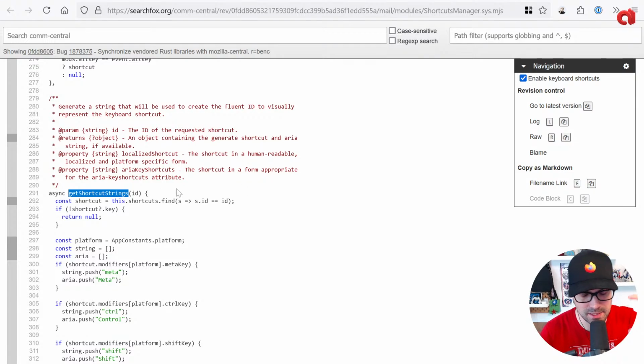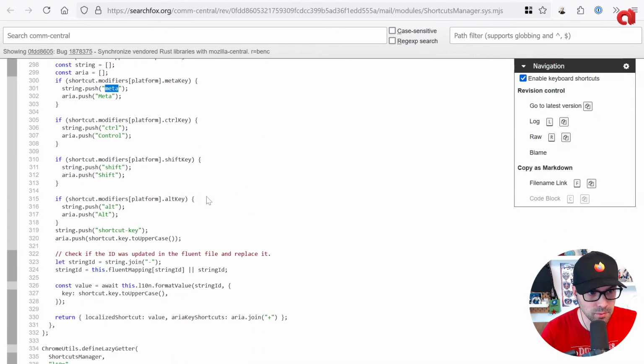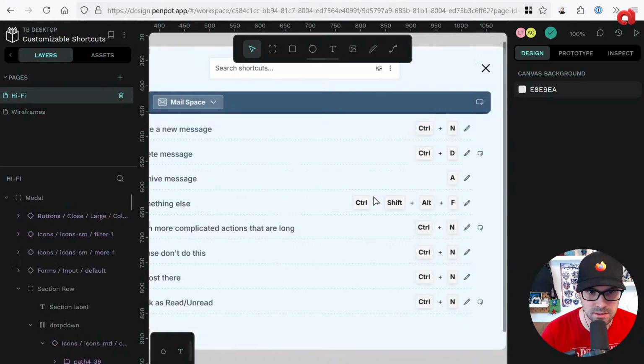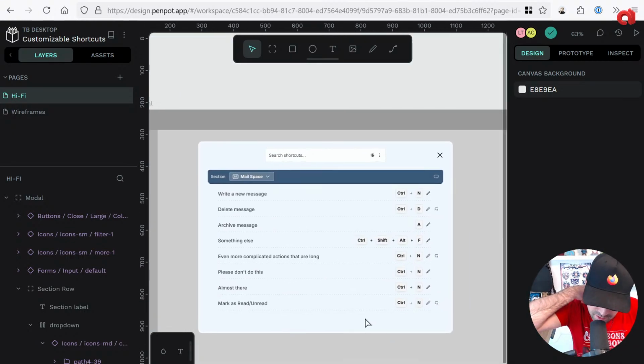So we grab the data from the database and it gets turned into readable meta plus control plus shift, like visually appealing shortcuts. So it's basically going to generate these things. So we already have some code that I built a few years back, but we need to extend it and make it better. So